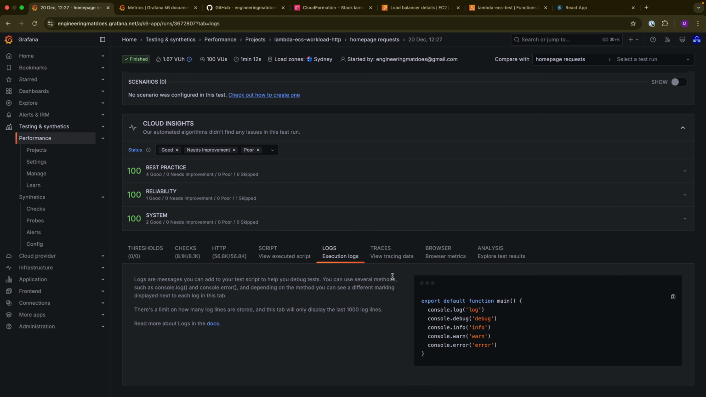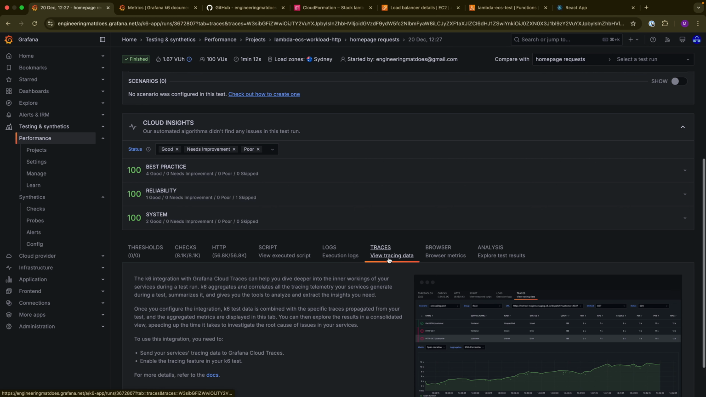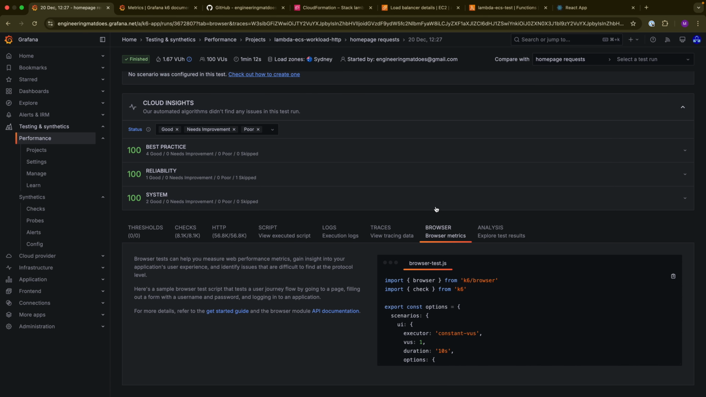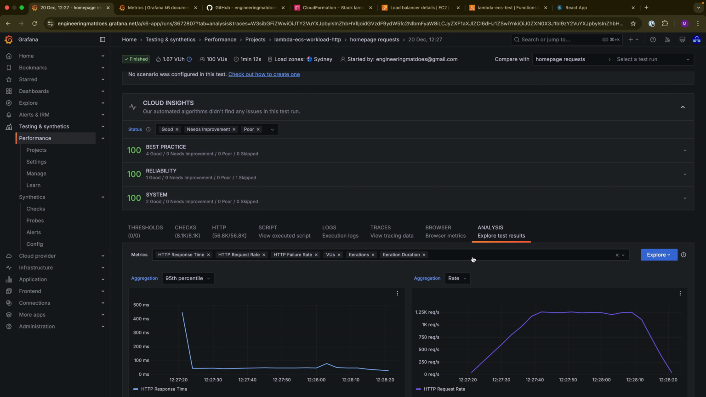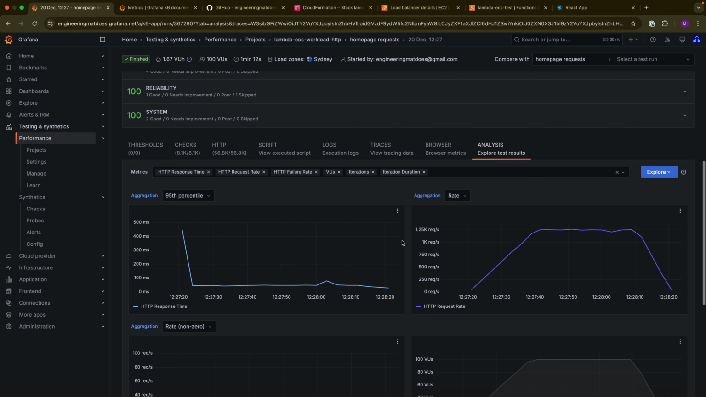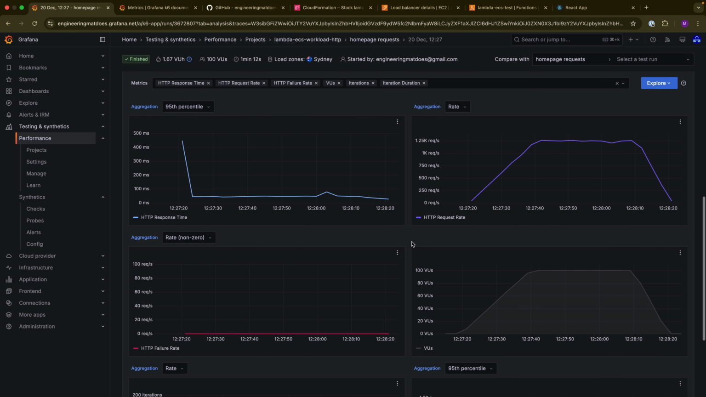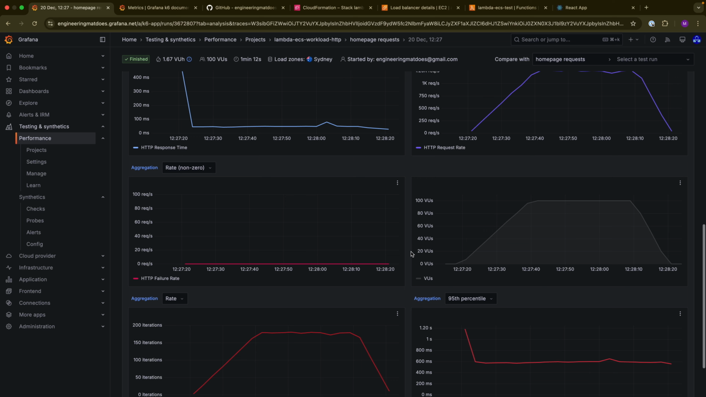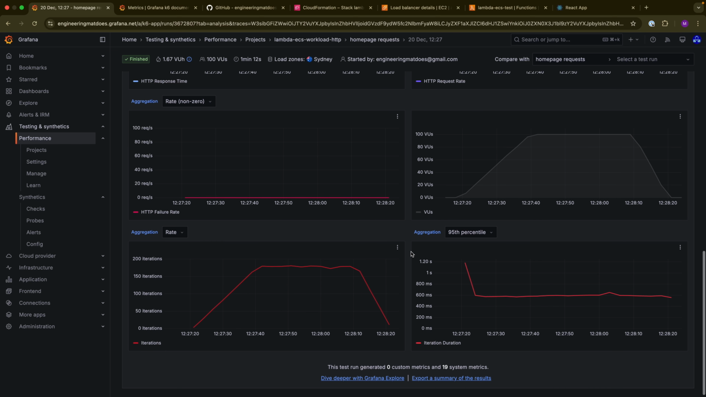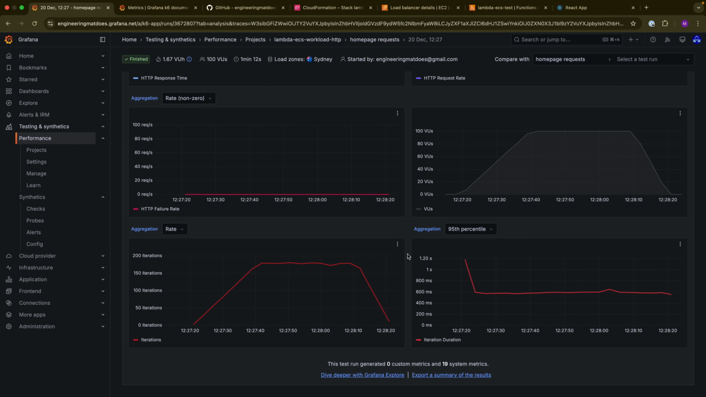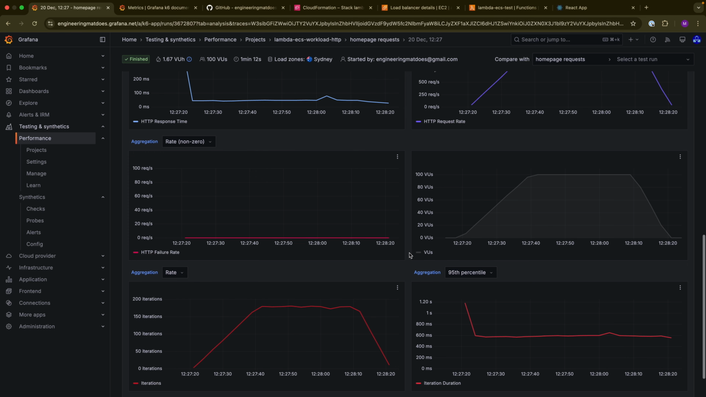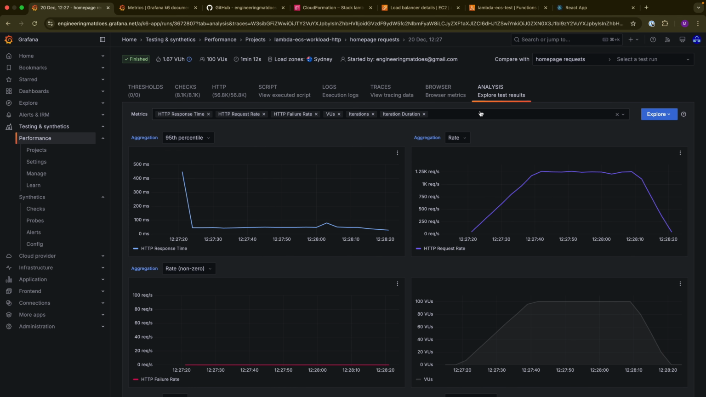We haven't configured any logging in this case, so if we do actually log from our scripts, we can capture some additional detail in here, as well as doing some tracing, which is pretty handy. No browser in this one, that was our previous test, but we've got some analytics we can dig into. This one I found quite handy for instances where we may have found some saturation in the underlying hosts that we were targeting. So you can actually filter